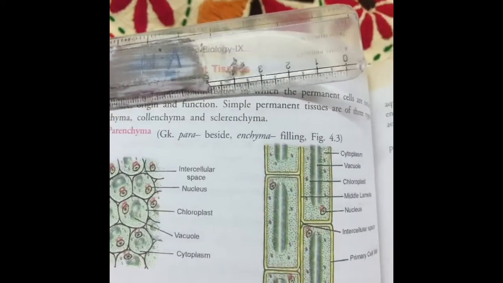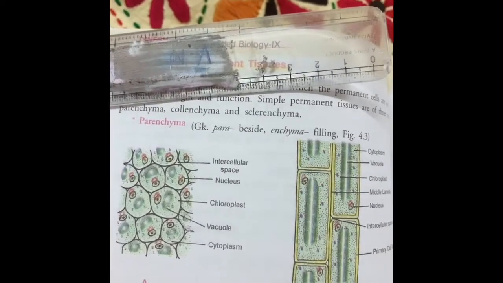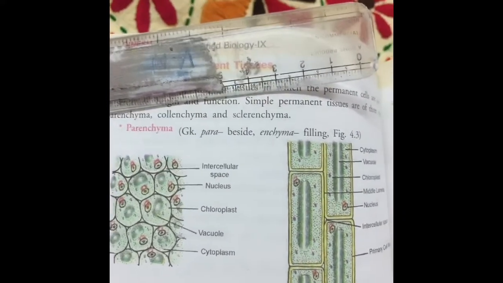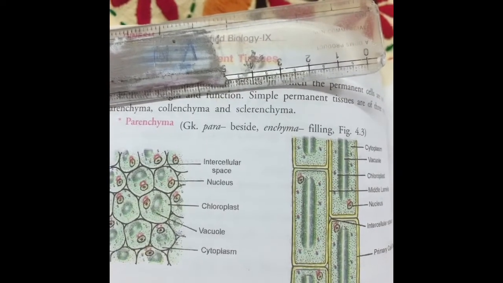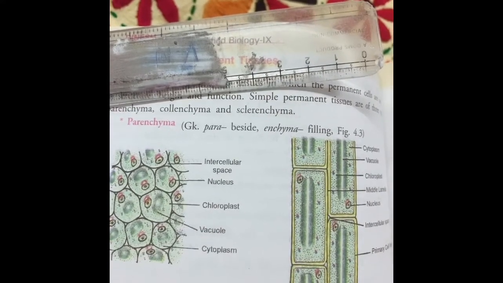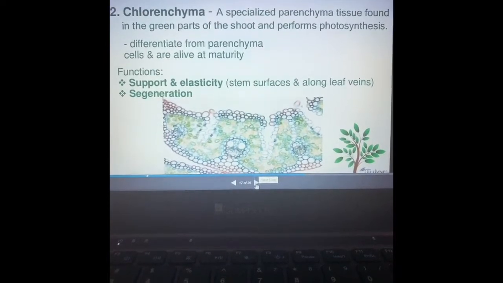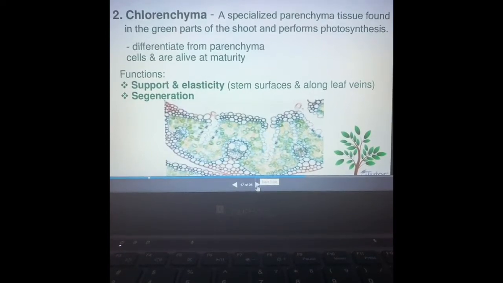The parenchyma that contains chloroplast is called chlorenchyma, and chlorenchyma is present in the interior of the leaves as well as the cortex of the young stem. You see the young stem is green in color and the leaves are green in color. This is because the parenchymatous cells that are present have chloroplast in them. Here are the chlorenchyma cells. They are green in color. You see the slide. And as I told you, they are the seat of photosynthesis or manufacture of organic food.